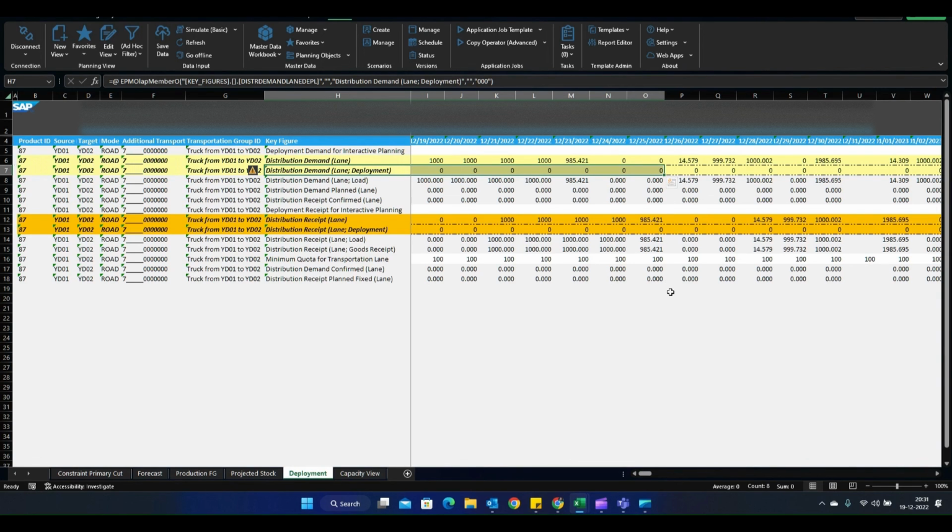Then when we take the TLB run, wherein our input we have selected is just deployment requisitions, the TLB creates loads based on the deployment requisitions that are available in the system and converts them into TLB based orders, which appear in the distribution demand lane load or the distribution receipt lane load at whatever location you are seeing. So that's how primarily the deployment and TLB